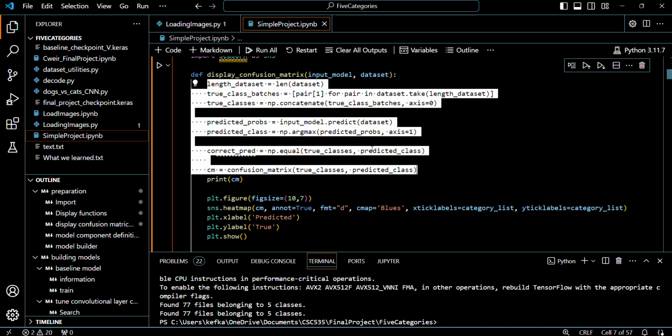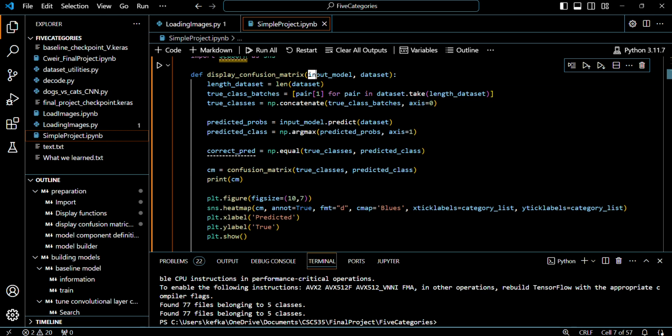Yeah. But anyway, at the intersection of the actual classification and the predicted classification, where those intersect, you'll see the number that corresponds to that actual label and that predicted label. That's a confusion matrix. For this function, you pass it the model and you pass it a data set. So, we have 3 data